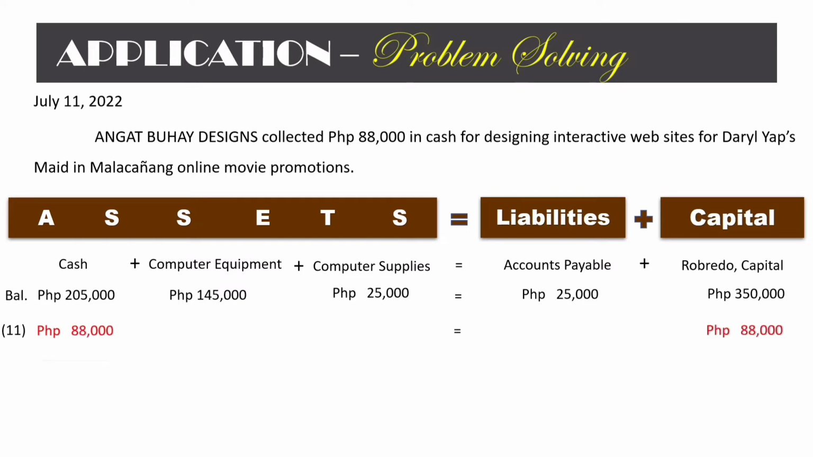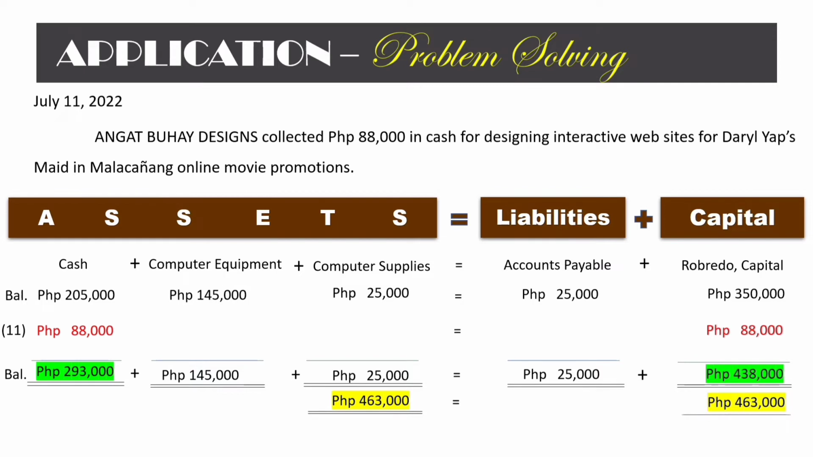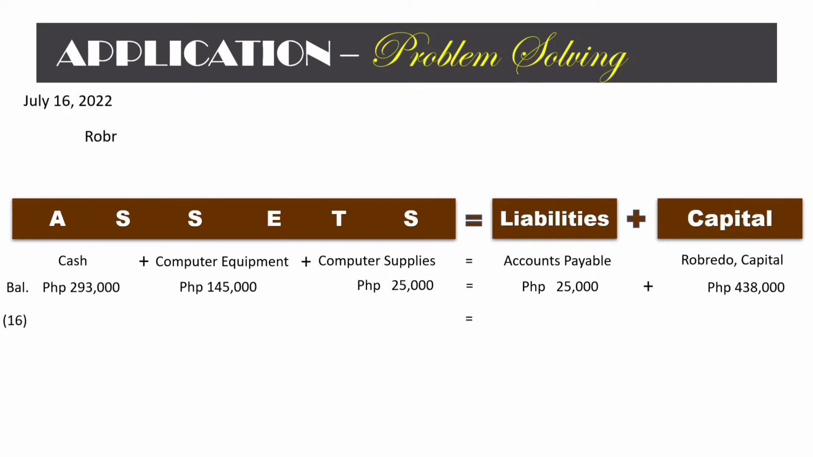On July 11, Angat Buhay Designs collected 88,000 in cash for designing interactive websites for Daryl Yap's Made in Malacanang online movie promotions. The business earned service income by designing websites for clients. The effect on the accounting equation is an increase in the asset cash and an increase in owner's equity capital. Income increases owner's equity. This transaction caused the business to grow, as shown by the increase in total assets from